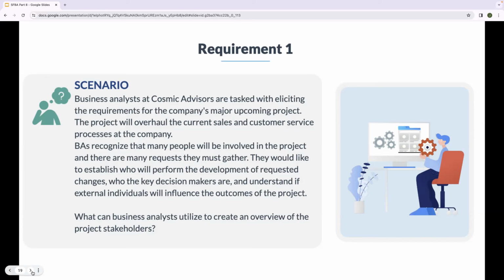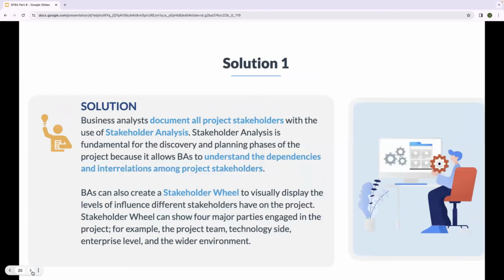What can business analysts utilize to create an overview of the project stakeholders? The solution is business analysts document all project stakeholders with the use of stakeholder analysis. Stakeholder analysis is fundamental for the discovery and planning process of the project because it allows BAs to understand the dependency and the